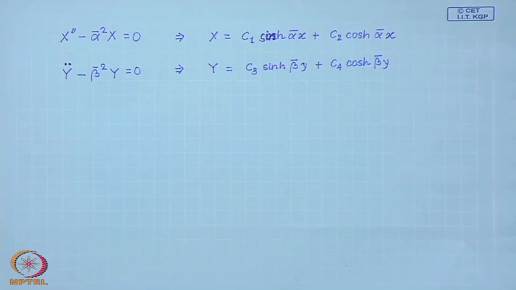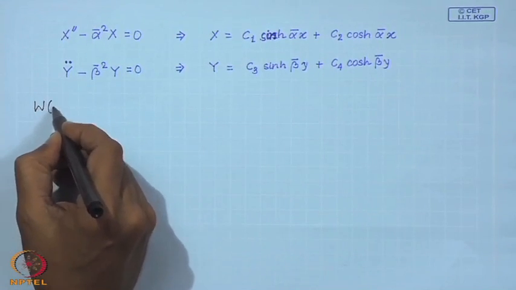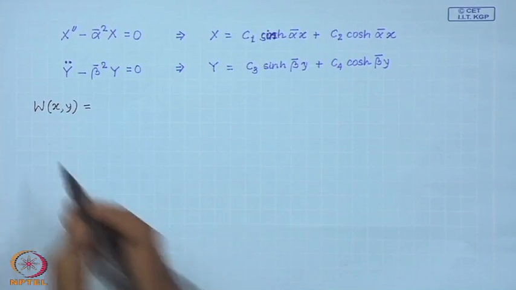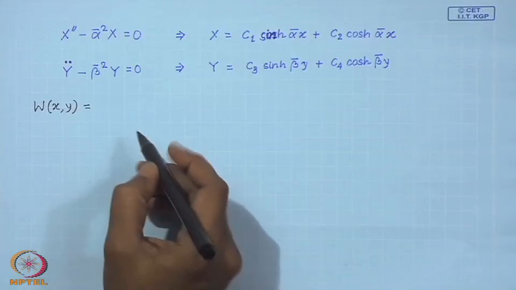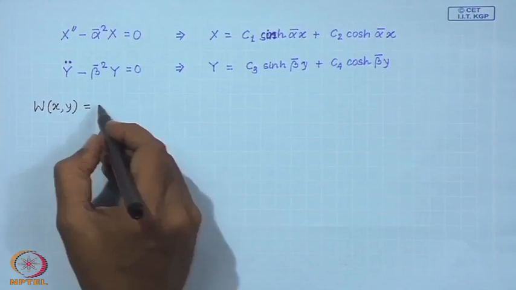Now, then let me write down the solution so far. So, our W is W 1 plus W 2, therefore, we have all these terms